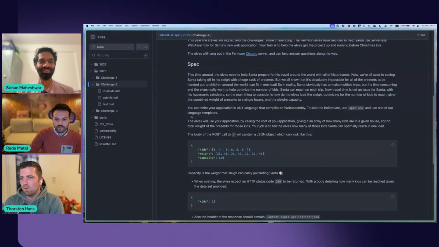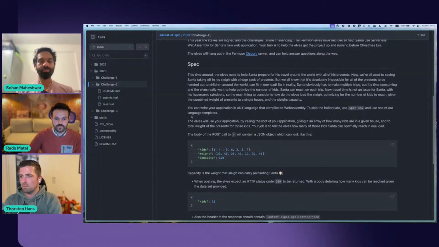But we all know that it's absolutely impossible for all of the presents to be handed out to children around the world to fit in one load. So in reality, Santa obviously has to make multiple trips, but it's time consuming and the elves really want to help optimize the number of kids Santa can reach on each trip.